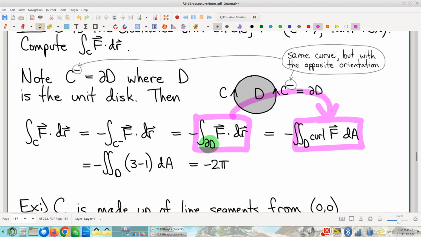So that's where we invoke the big gun, right? In this example, Green's theorem is the big gun that does the heavy lifting for us. And so now of course, don't forget your minus sign, right? That minus sign carries along. Well, of course it does. It's algebra.